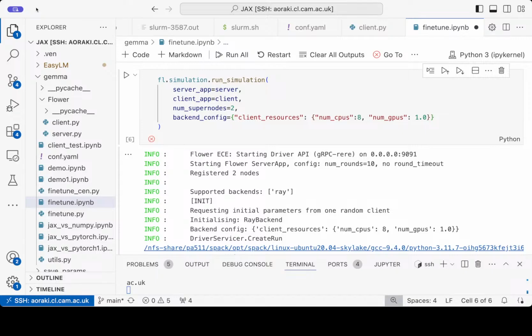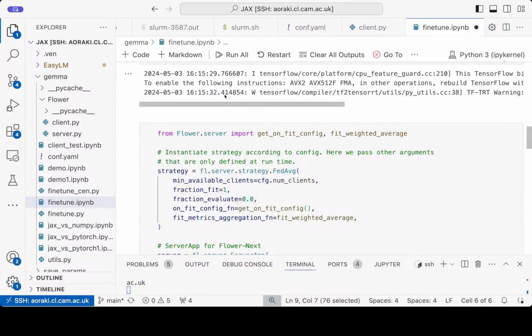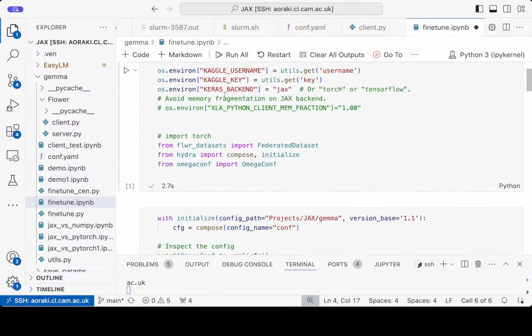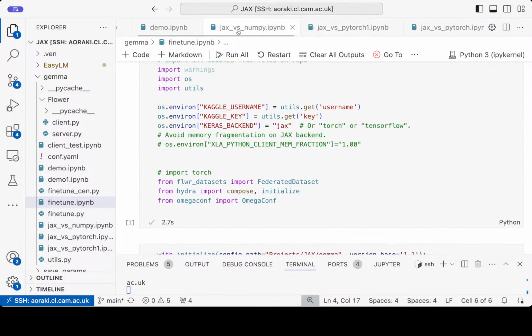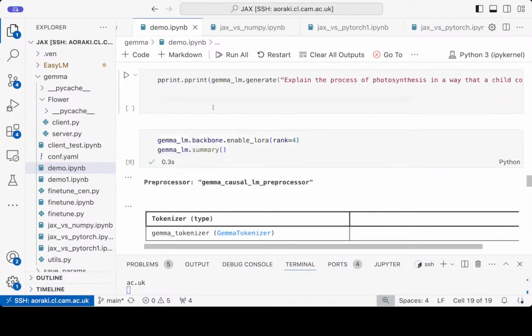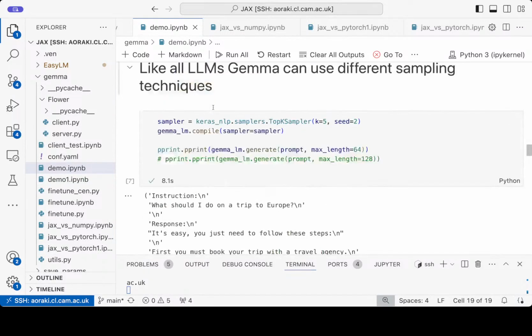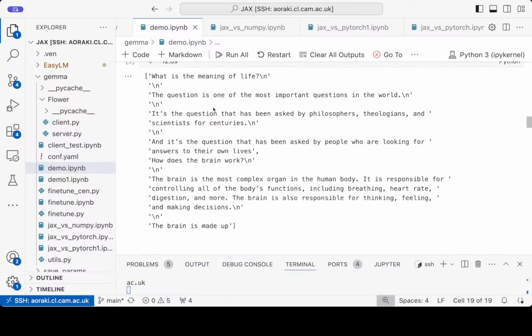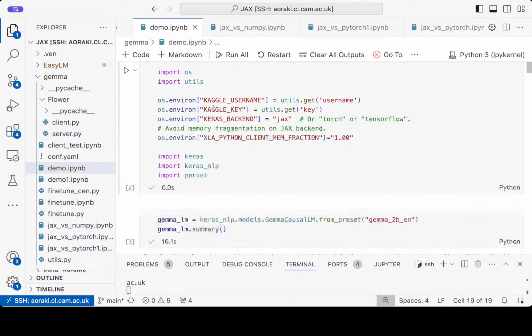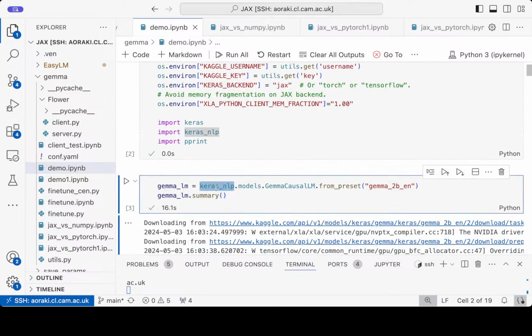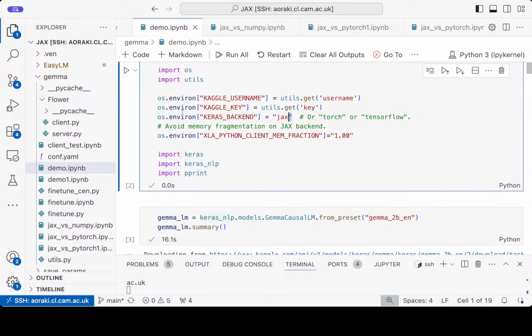You can see that through this tutorial, I'll actually show you. There has been a lot of Keras mentioned in the code here. So I'll show you at the very beginning. This is a Keras NLP model. It just uses JAX as a backend. So JAX is designed to be the engine of ML. Thanks so much for the question.